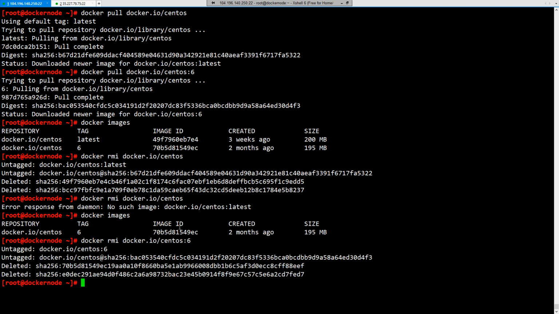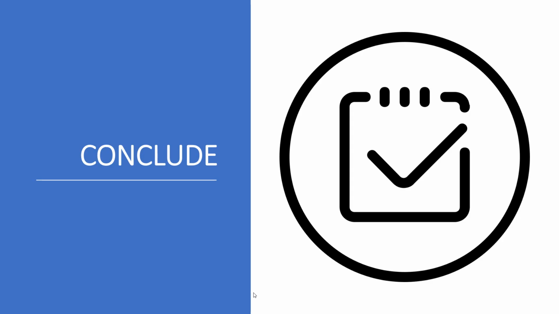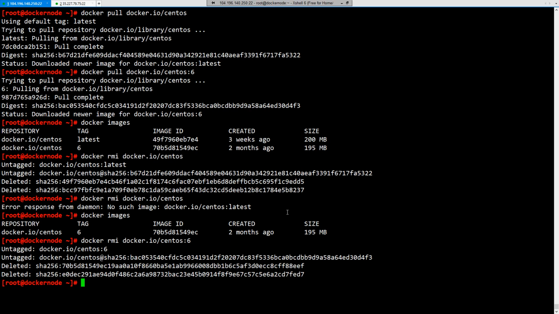So this is how you can pull images, search the images, and remove an image. To conclude, we have talked about three options majorly today. One is docker images, which is to list out your images. The second one is docker search, which is to search the images over the command line from hub.docker.com. And if you want to remove an image, you can do that using RMI. But I forgot to explain one more thing, which is how do you pull the images